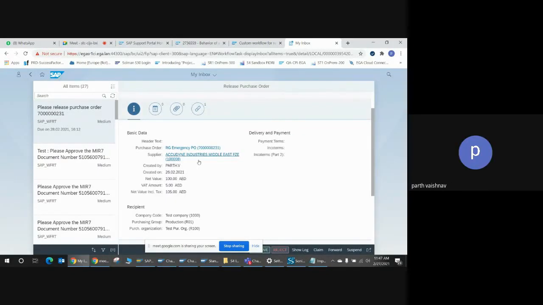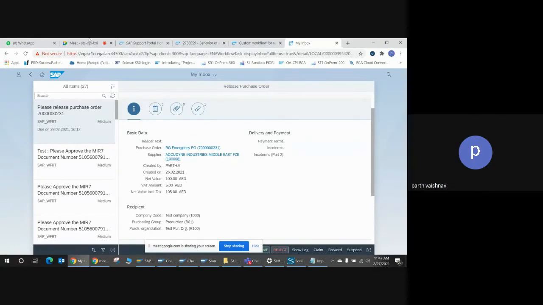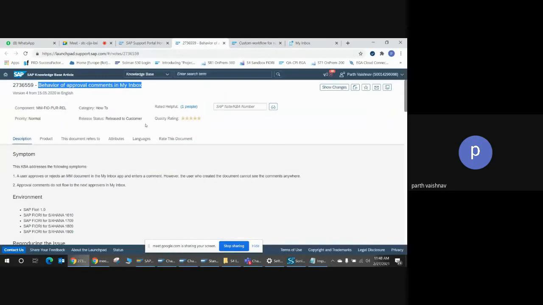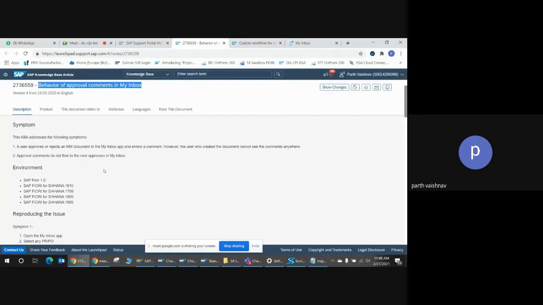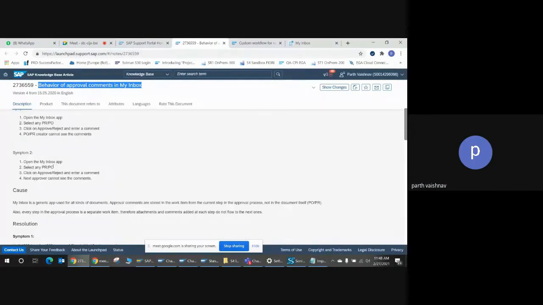Now our business wanted that each level should be able to see what was the comment given by the previous approver. This is a very basic, reasonable requirement by the business. What SAP clearly told is, see, symptom 2: open a Fiori application, CA, PO, PR, click approve, comment. The next approver cannot see the comment.